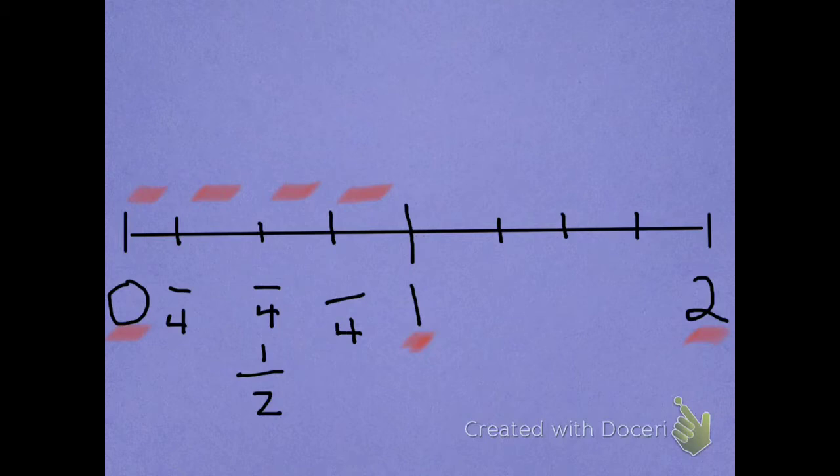So I've got my denominators there. Now I just need to know how many spaces there are to figure it out. So we're going to go ahead and try this. Here we go. This is 1 space, so it's going to be 1/4. This is 2 spaces, so it's going to be 2/4 or 1/2. And then this is 3 spaces, so I know that it's going to be 3/4. That means 3 spaces out of 4. Now here where it would be 4 spaces out of 4, that means